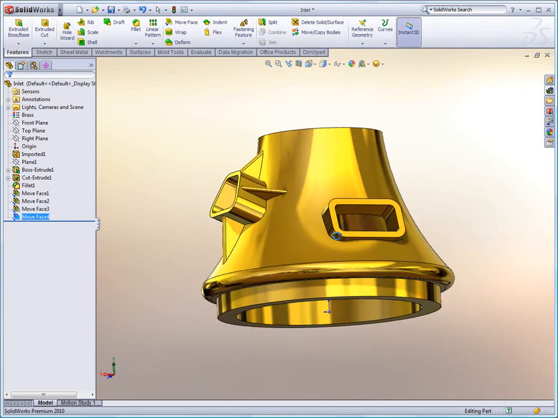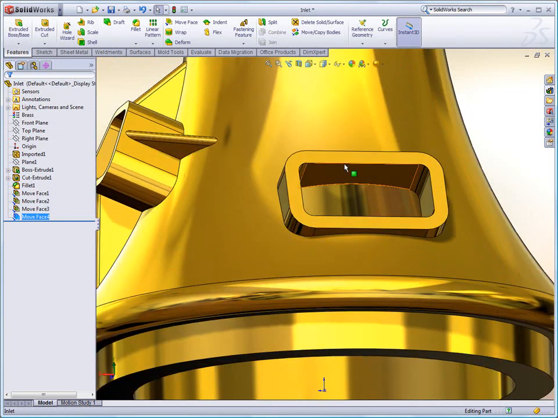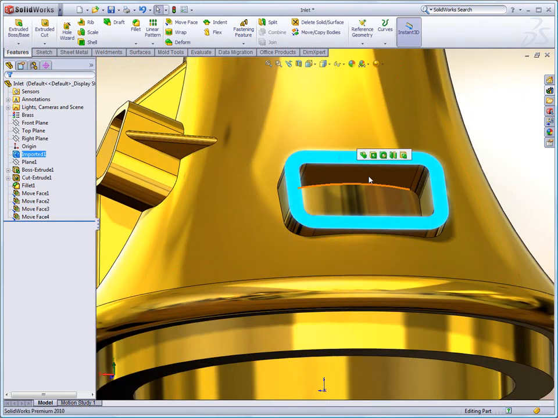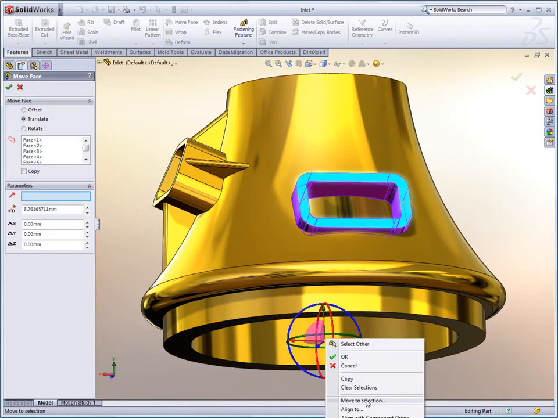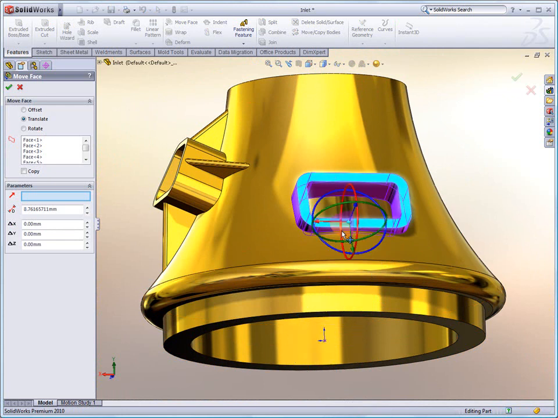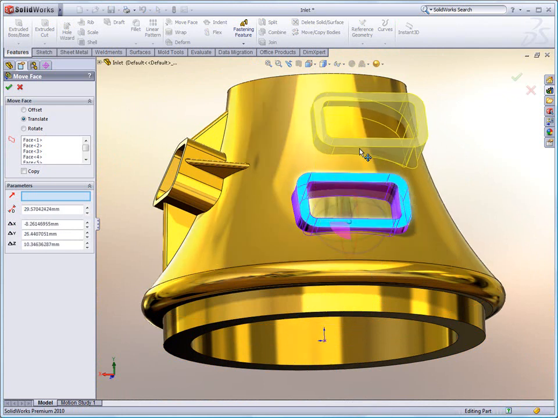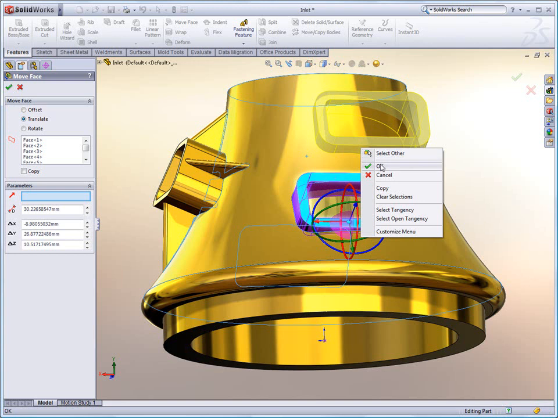This applies to many different complex situations as well. For instance, this port right here. You can see it's very quick to select all the associated edges, but also as I move this, and we'll move the triad into place, I can move this in a wide variety of places, and it's really truly intelligent